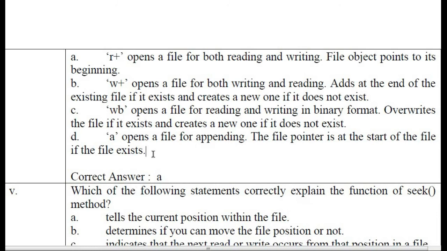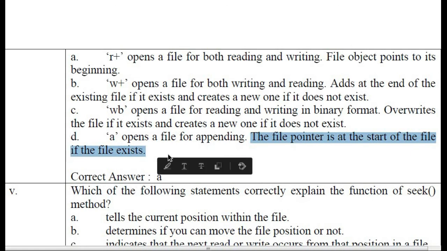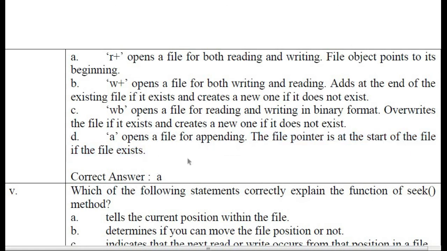So when you open a file in append mode, the file pointer will be at the end of the file. Clear? So the option D is wrong because of the second statement. Okay? First part is correct. So which one is fully correct? Option A.